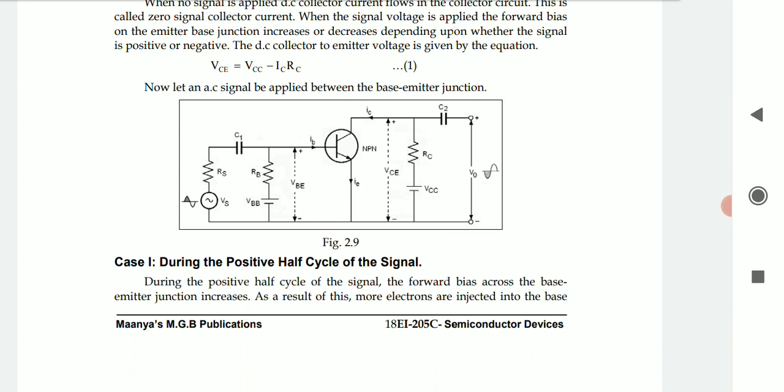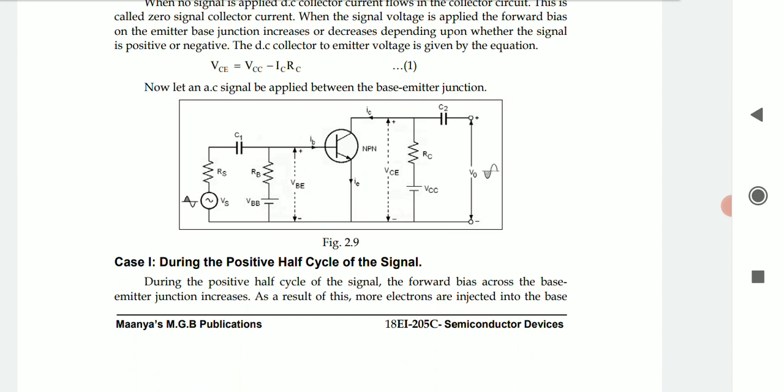Okay, let us discuss each and every component. RS is the source resistance. Generally, it is called source resistance. Here, the source is Vs. Vs is the source voltage. That may be a sinusoidal signal. The input signal is sinusoidal. Therefore, every source or voltmeter or current meter, every meter has its own resistance. That is called RS, the source resistance. The source resistance is the internal resistance of the source.